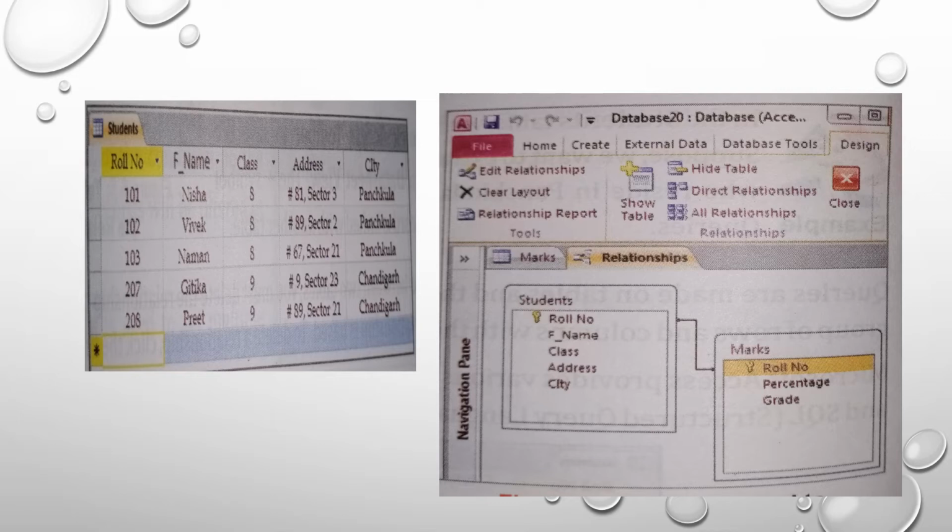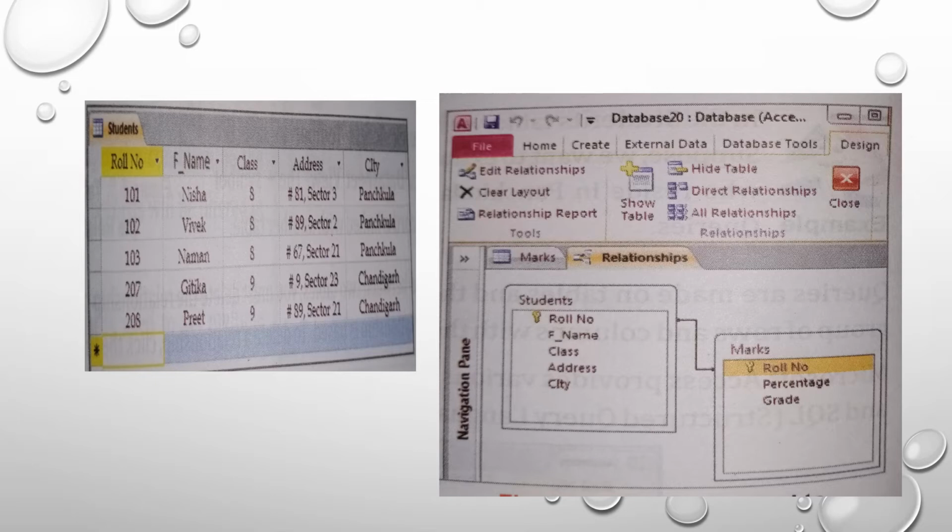A relationship works by matching the fields with the same name in both tables. In most cases, these matching fields are a primary key from one table that uniquely identifies each record in the table, and a foreign key in the other table. A foreign key is a value in one table that must match the primary key of another table.